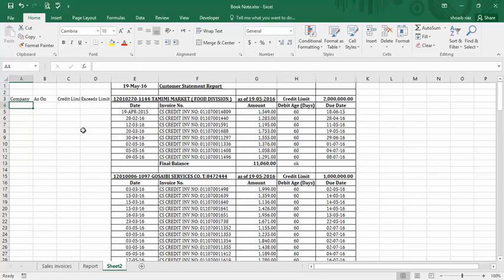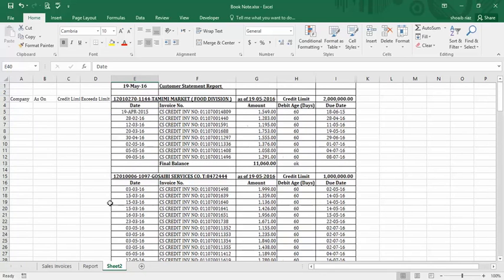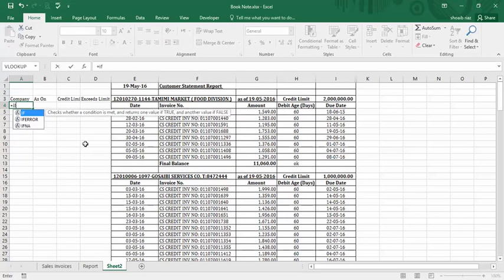So what I will do is use an IF command. The IF command will check whether there is the word date, because date keeps repeating itself. Date comes with each company name. So I will put a formula like this: IF date is equal to date, then return this value above, otherwise whatever is coming above, just give it. Okay,